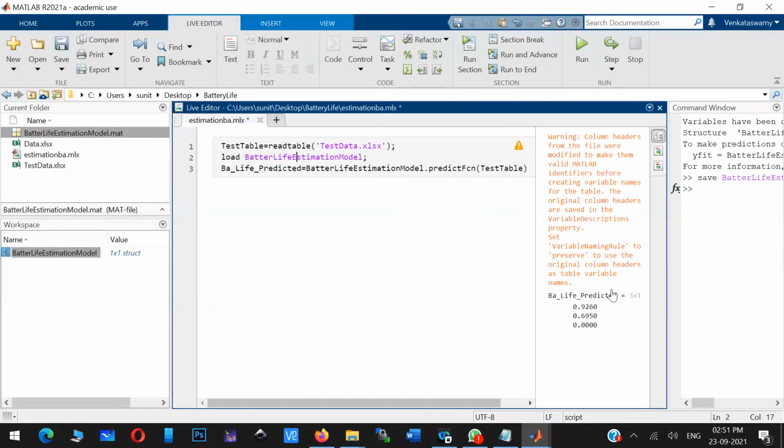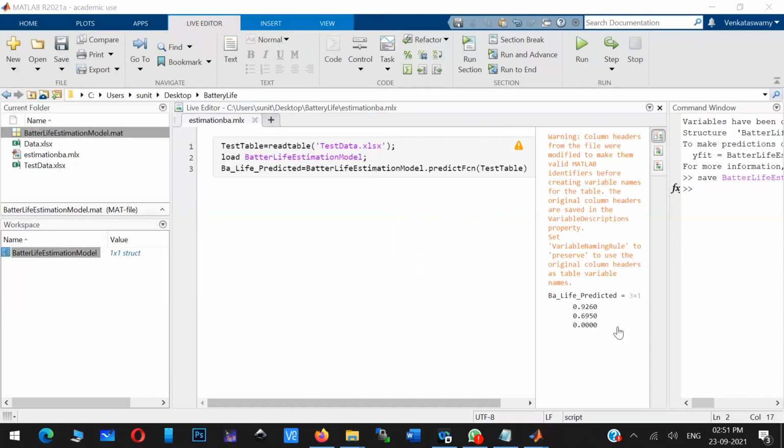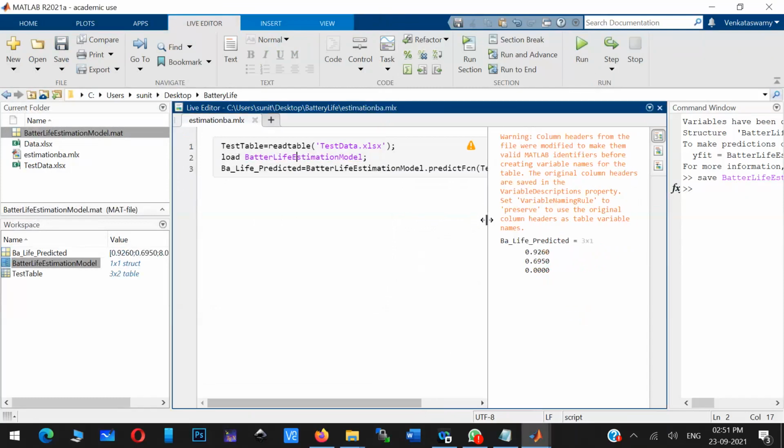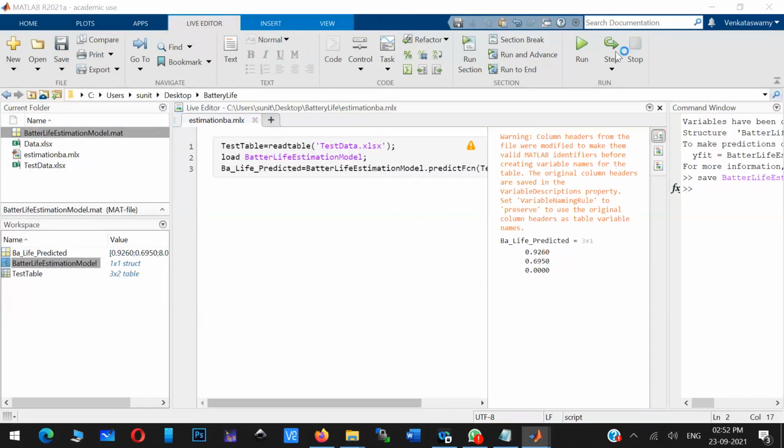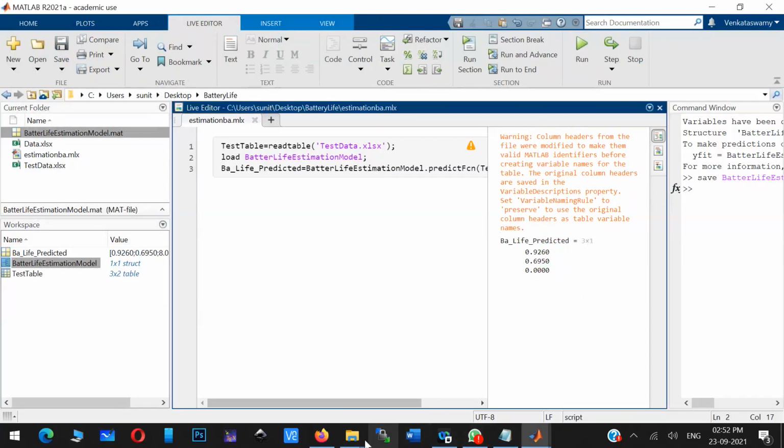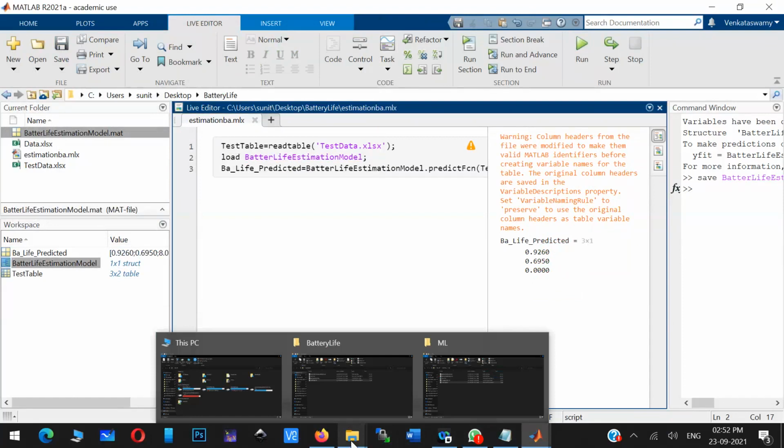When you run it, it must estimate the battery life for the given cycles in that Excel sheet. Is that clear? This is the procedure you have to follow.